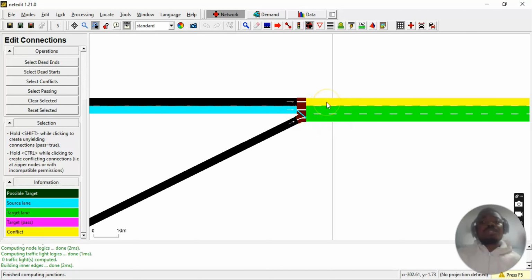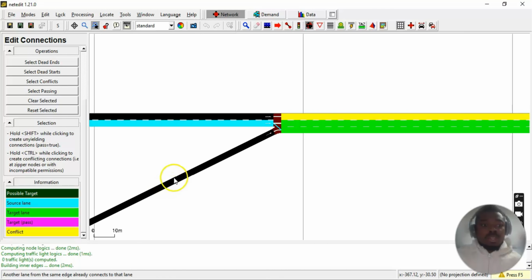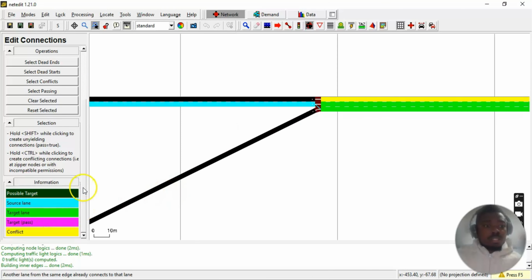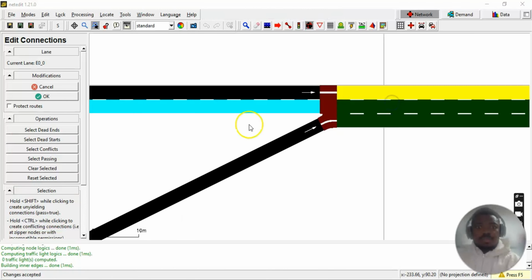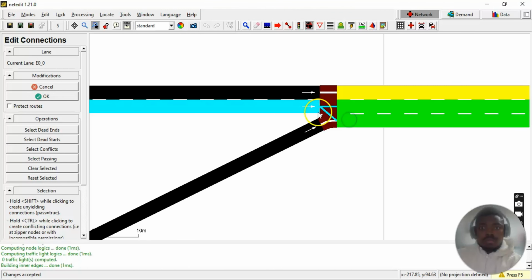So I can also do the same for the yellow lane, even when it says it's a conflicting lane. If I really want vehicles coming from this source lane to be able to go through this green lane and this yellow lane, I can still do that, even when it's still stating there that it's conflicting. So we've been able to align this if we want the vehicles to go in this direction and also in